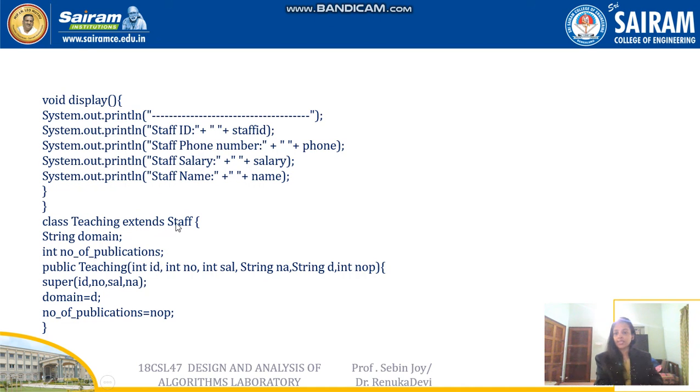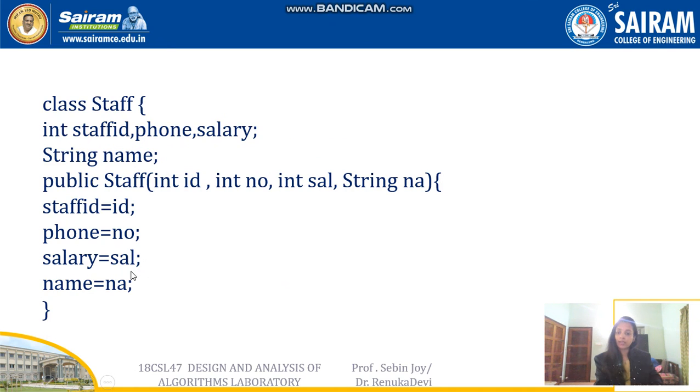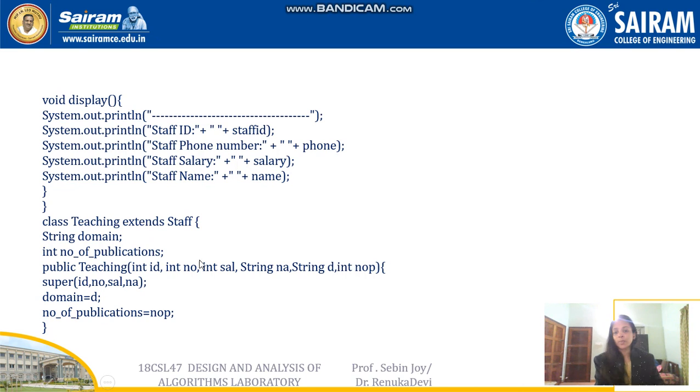So class teaching extends staff, which has the extra variables domain and publications, and it is having the constructor here where ID, number, salary, name, phone number, staff ID, name, and extra it will be having domain and publications. So domain and publications will be like this. So ID, number, salary, name, these are the four things which are taken from the superclass, and domain and publications